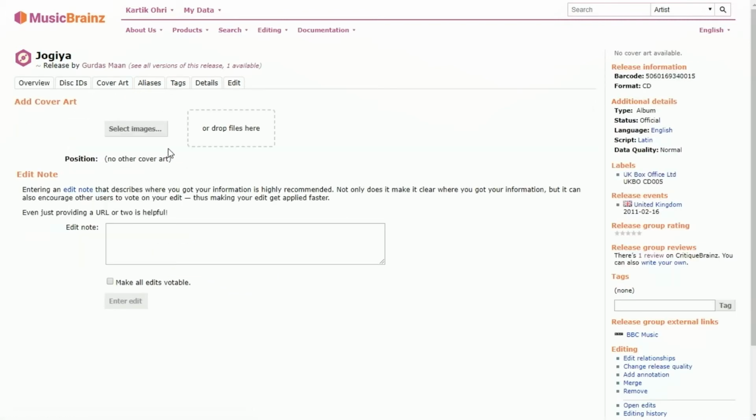As you can see, there are two ways to upload an image. You can either click on select images and browse the computer for your image, or you can drag and drop a file here. We shall see both ways to add an image, but let's first discuss some important points. There is no image upload size limit. Most of the commonly used image formats are supported,